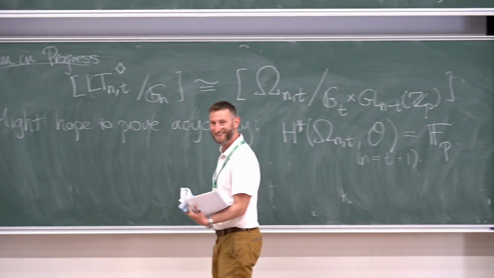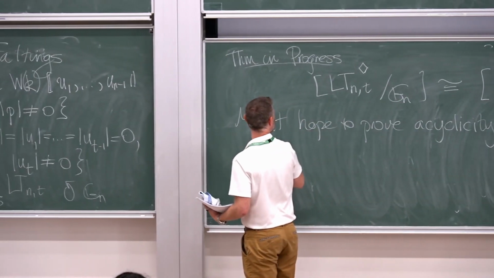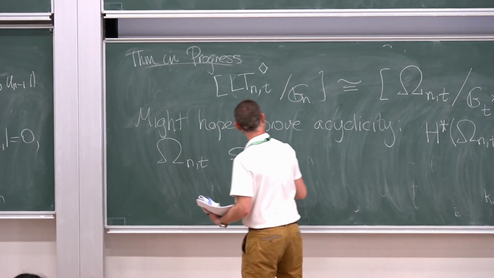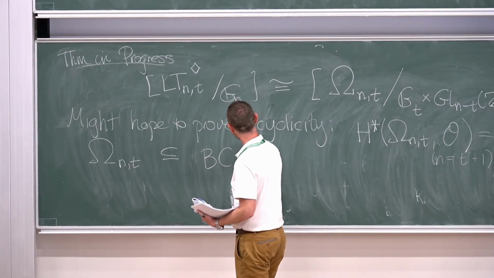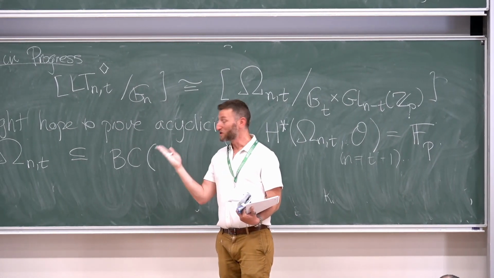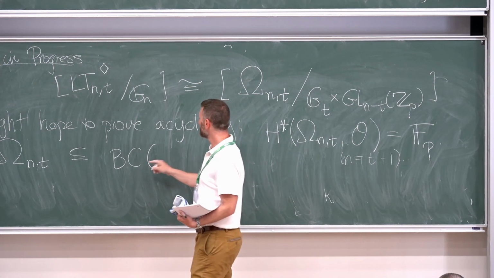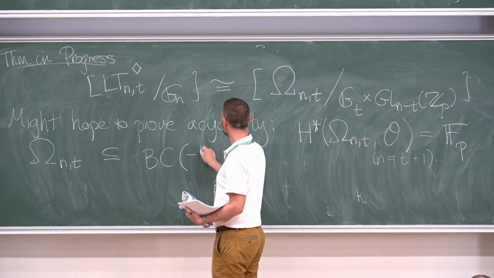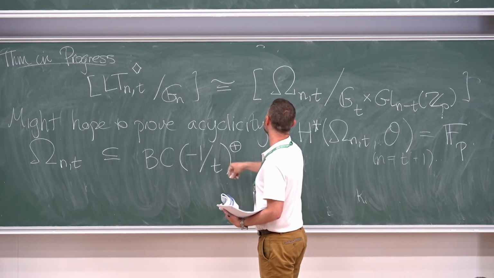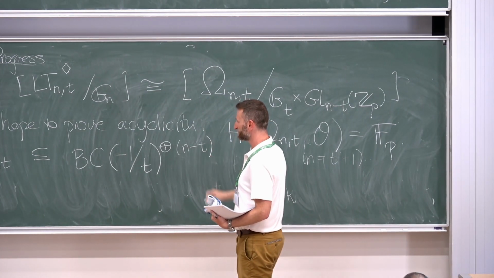So, 2 minutes, great. That's okay, I'll be saved by the bell, and if you ask me what any of these symbols mean later, I'll be happy to tell you. The people working in local Langlands have been on these objects for years. So this stands for Banach-Kolmez space. It's got a slope. The slope is -1/t. And I'm supposed to take the direct sum of n minus t copies of it.